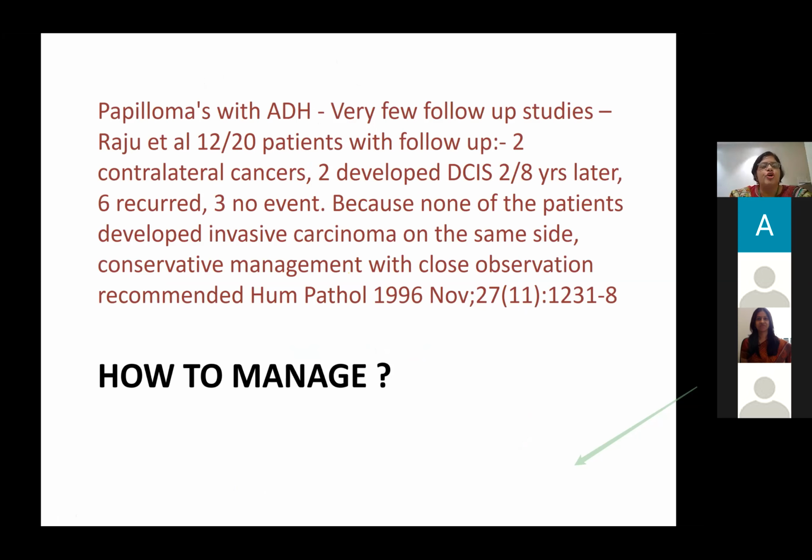Now, if you have a report of a complex papilloma with atypical ductal hyperplasia, what do you do? It's very difficult because not many studies have addressed this. There are two studies. The other one I could not get the full text, but this particular study, done way back in 1996, found that such patients are prone to develop DCIS or recurrent complex papillomas on the same side, but never an invasive carcinoma in the same breast, though in the opposite breast they may develop. So they're basically precursor lesions. They are basically a little more ominous than a usual papilloma. So the obvious answer to the question is that you have to manage conservatively.